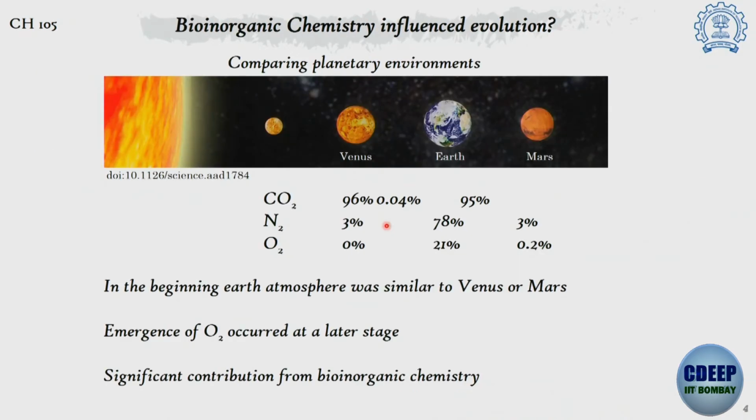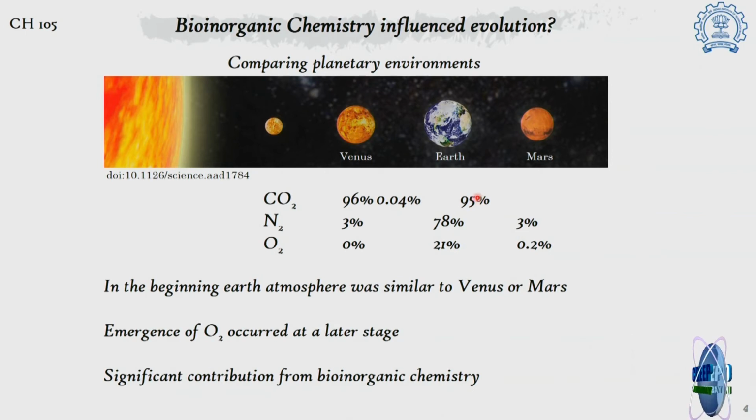So after we know that yes, the elements can affect and participate in biology, how do they actually influence us? Over here I am making a statement that bioinorganic chemistry probably even affected the course of evolution. So let's take a quick look into that. Here I am showing you the different planets we have around us. If we come from the sun, first we face Venus, then Earth, and on the other side we have Mars. If we compare their environments, Venus is mostly filled with carbon dioxide, almost 96%, and almost no oxygen. Same for Mars.